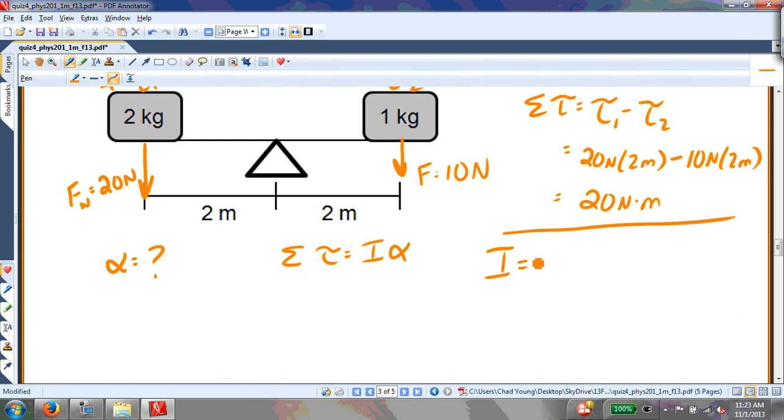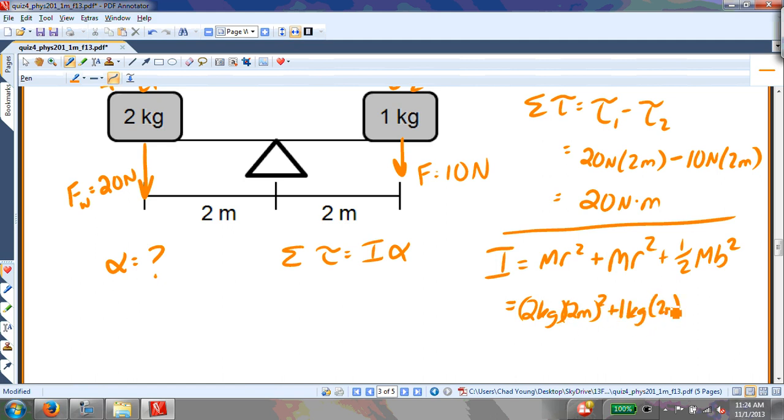So it's going to equal mr squared for one of those particles, plus mr squared for the other particle, plus 1/12 mb squared. That's for the rod. So that's going to be 2 kilograms times 2 meters squared plus 1 kilogram times 2 meters squared plus 1/12